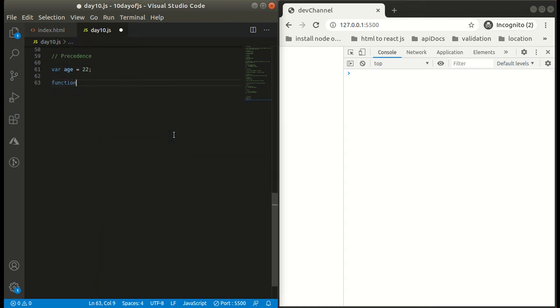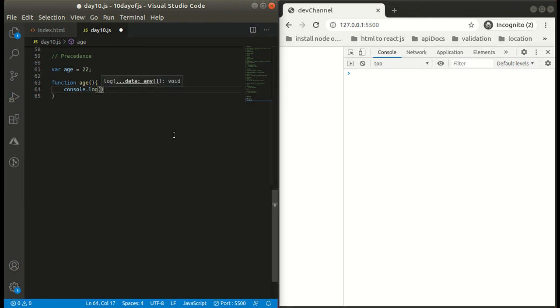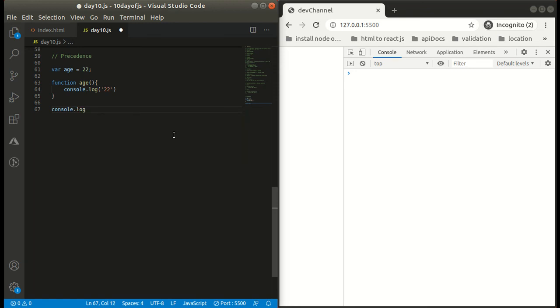So in this case, if I console.log the type of age, it will give me number, because variable initialization has higher precedence than function declaration. So variable assignment has more precedence than function declarations.